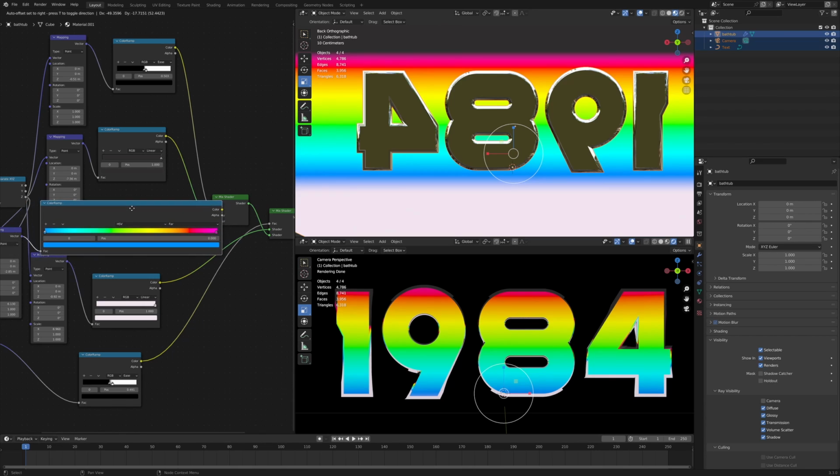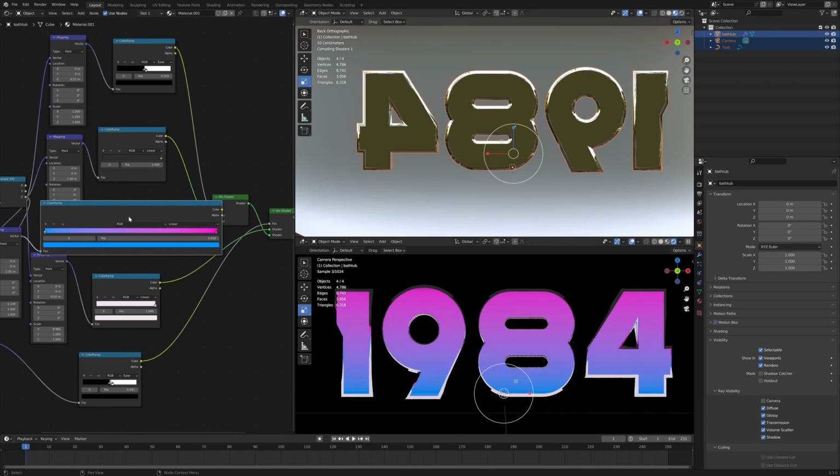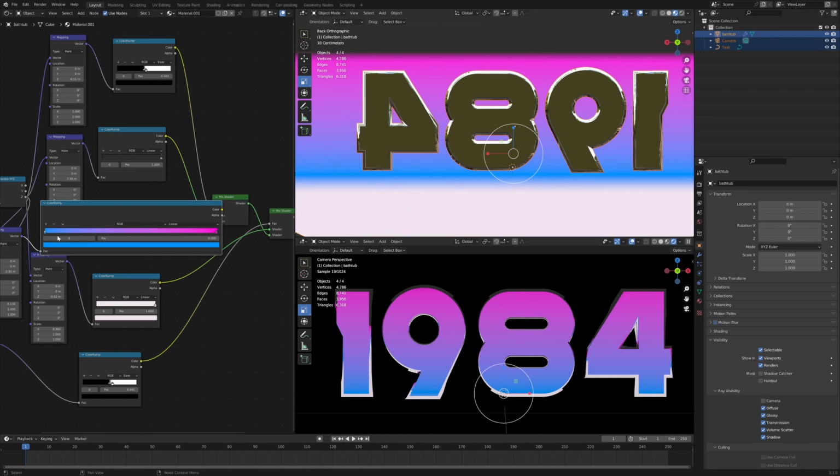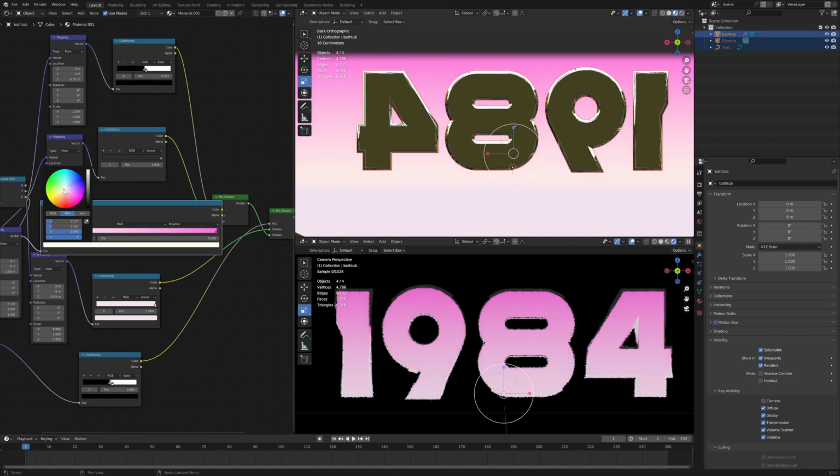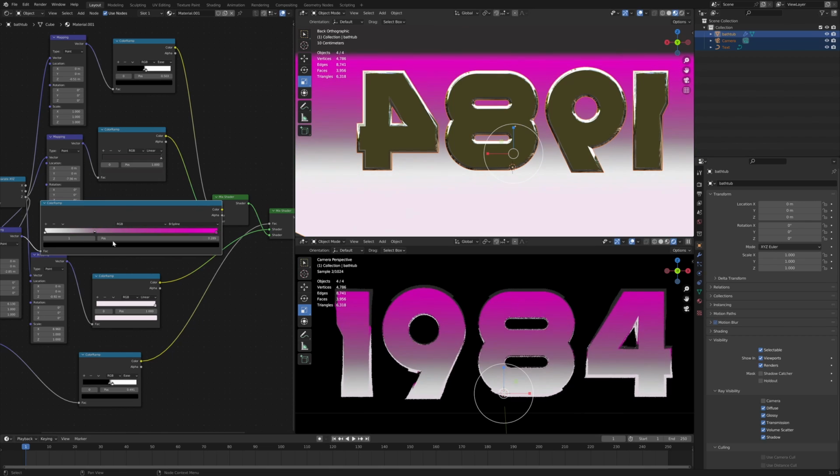We need to go back to RGB, and we're going to start. We're going to put this on B-spline. I'm going to start working here with the colors. So we want to have some black here. We want to have,